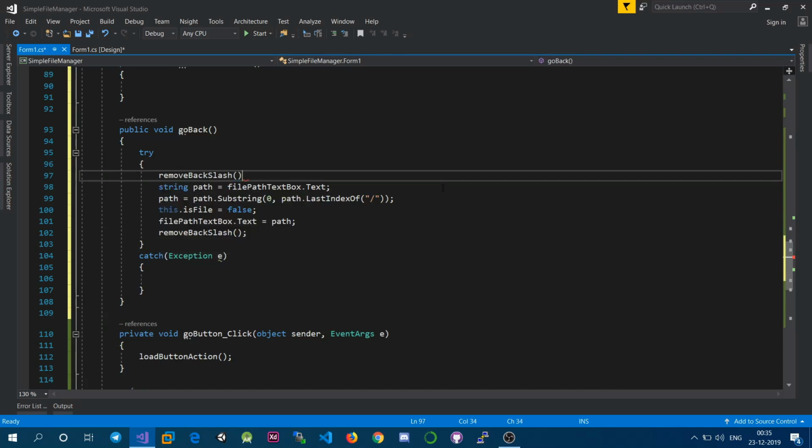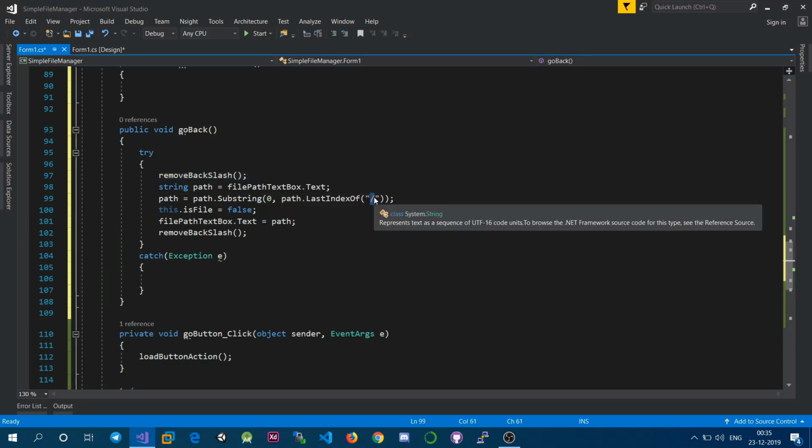The thing is that now if you see, if it is having a file path like C drive slash SDK slash being there, the last index would be that slash, so it won't be going back. So we'll be removing the slash if it has a slash at the end of the path first, then we will be searching for the last slash. That will be giving you the location of the previous, like the parent directory or the previous directory. Okay,